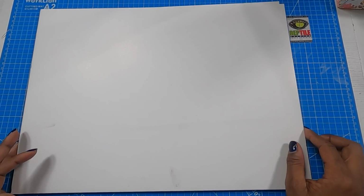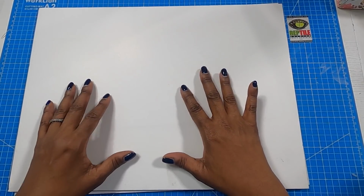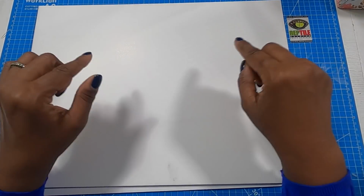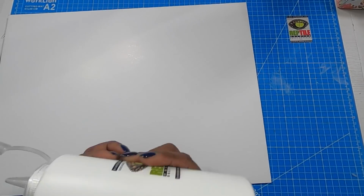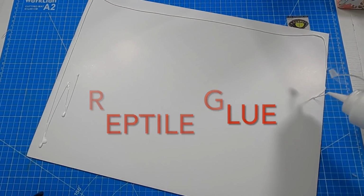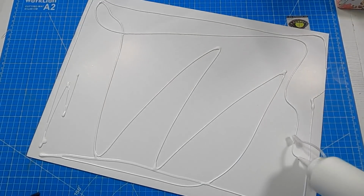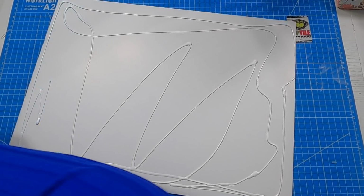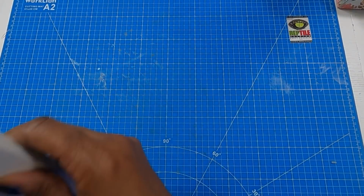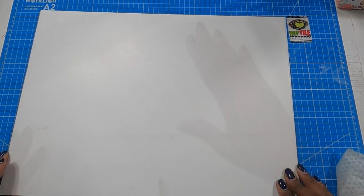So what I am doing to give myself sturdiness and thickness for this shelf is I am joining 2 pieces of foam board together. That's why we're cutting this 18 by 13 inch twice. And then I'm going to take my Reptile Glue, and I am just going to put my glue on here. And the beauty of this glue is when it hardens, you also get some added strength from it. And then once I have that down, I am going to take my second piece and place it on top. And then I'll get these 2 joined, and I'm just going to press down,